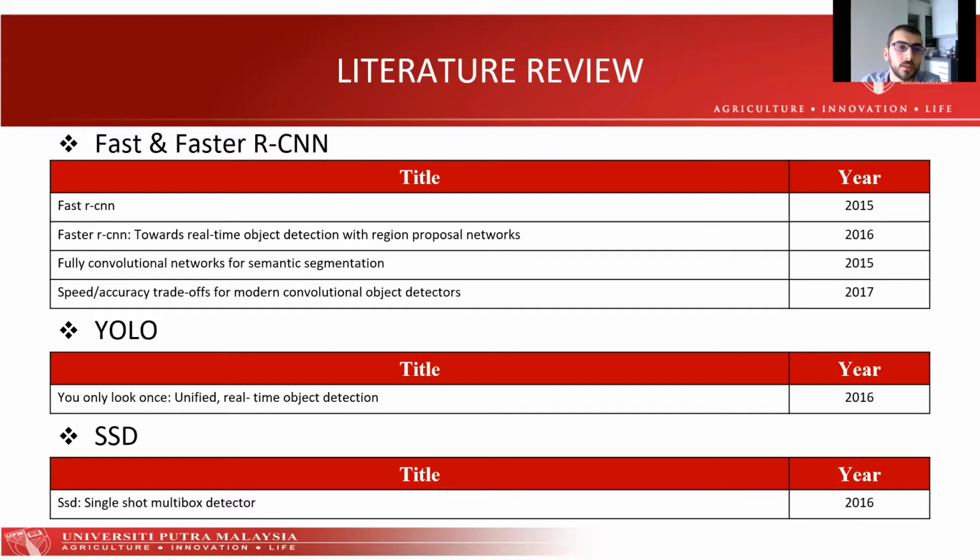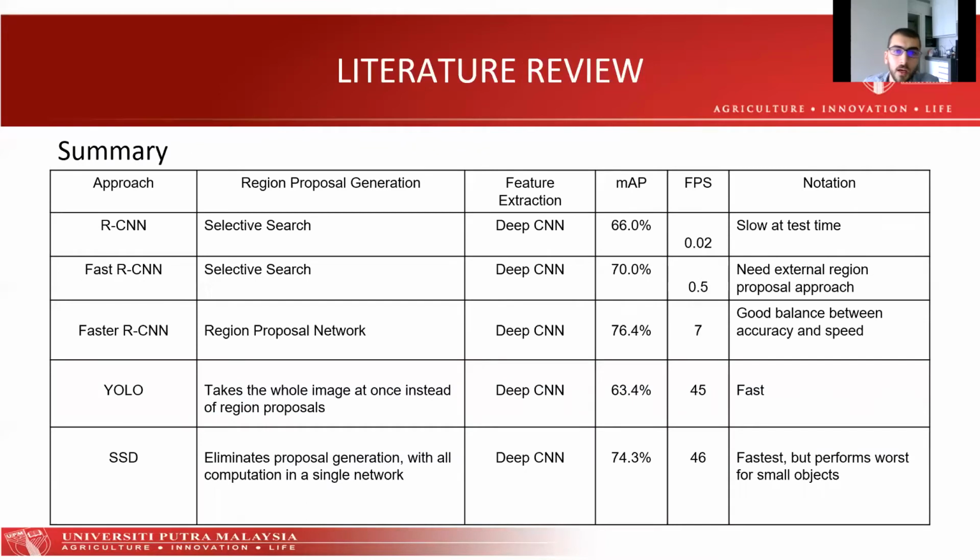Then in 2016, Faster RCNN was proposed, and it is the development of Fast RCNN. Other approaches such as You Only Look Once and Single Shot MultiBox Detector, both of these approaches were proposed in 2016. And as a summary of these approaches,